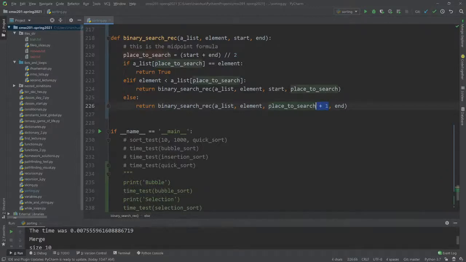So this just bypasses the place to search. This is not technically necessary. You could just still do it like this and it would work just fine. I'm just doing it like that anyway. Okay, so